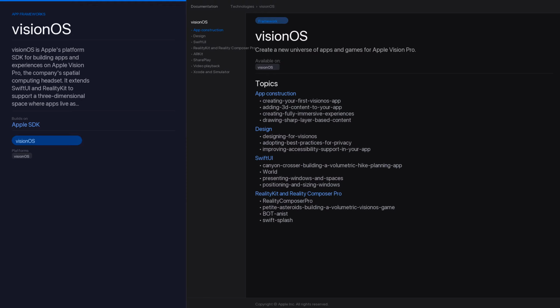visionOS is Apple's platform SDK for building apps and experiences on Apple Vision Pro, the company's spatial computing headset. It extends SwiftUI and RealityKit to support a three-dimensional space where apps live as floating windows and immersive environments. You can build apps that look like conventional 2D windows floating in space, or fully immersive 3D experiences that replace